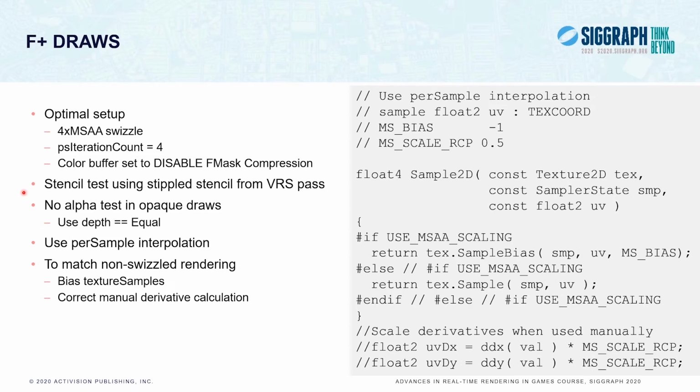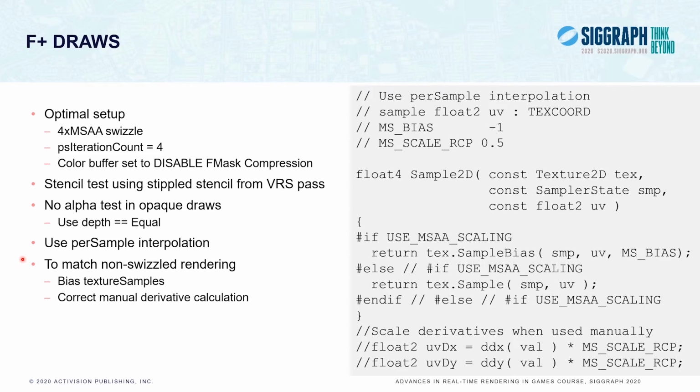Stencil needs to be set to a stippled stencil value from the VRS pass, and there's no alpha test set in any of the opaque draws. We basically just use depth equal. Then you also need to remember about using per-sample interpolation, and you also need to make sure that your